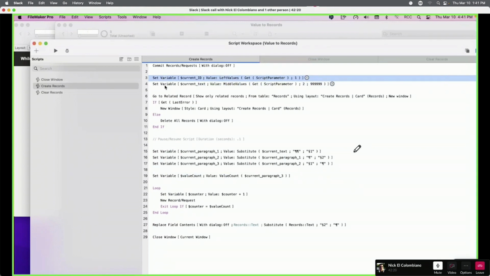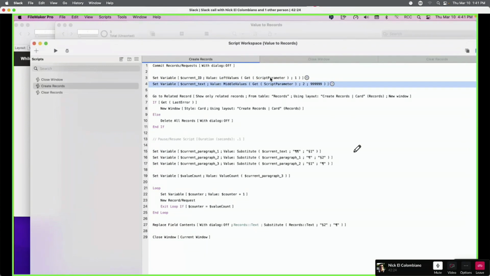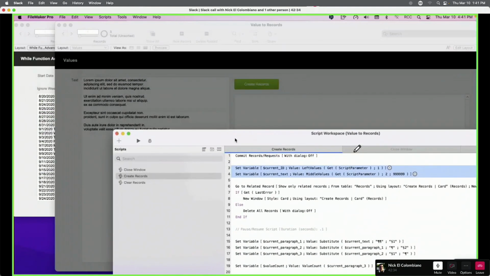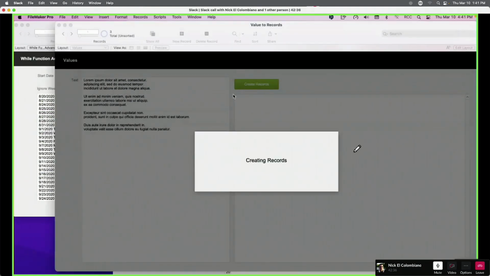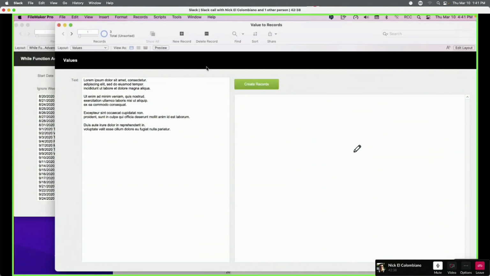You mean line 3 and line 4. Why is it not in the script parameter? But they are in the script parameter. Yeah, but he wants to know why you are passing them in a script parameter, only to parse them again. Why am I passing this in the script parameter? It's just because it's a habit I have, and to be honest with you,